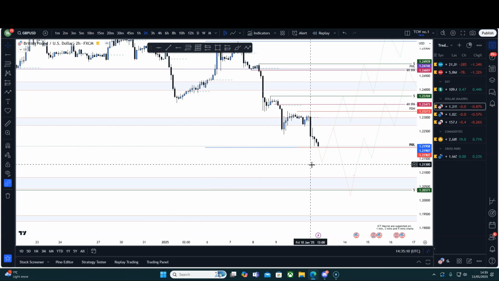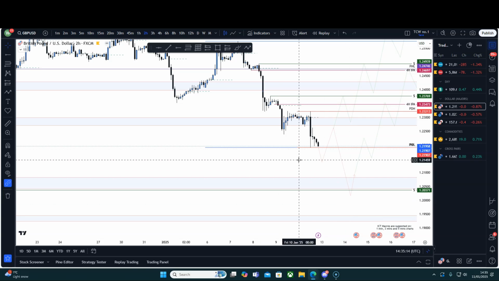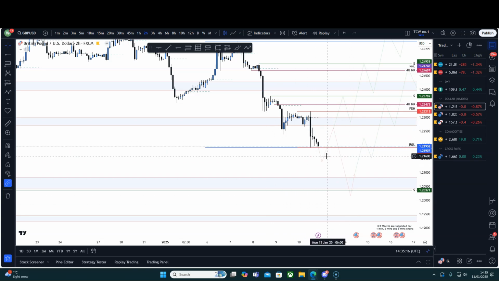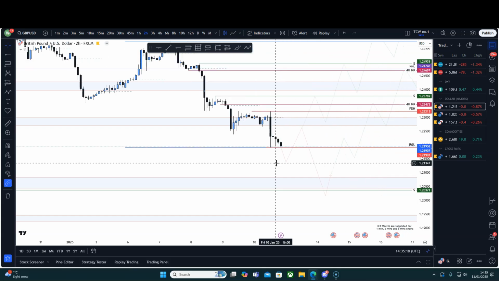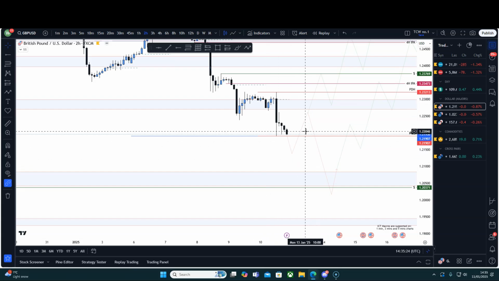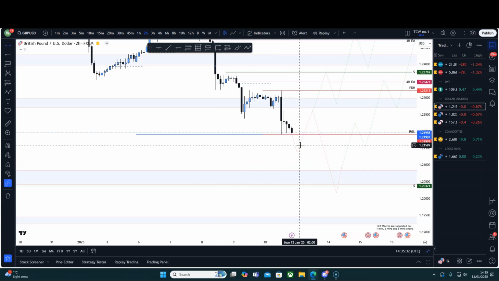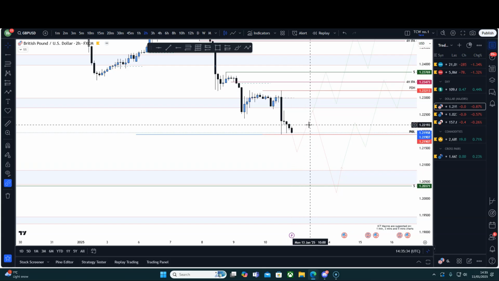Now, smart money, they do not want to be selling the bottoms low down. They want to be buying at discount, and we are at major discount on pound USD and euro USD. Now, there is no sign of a bullish flip yet. I'm expecting this low here, which is a previous day low from Friday, to be ran. I want to see price show strength out.